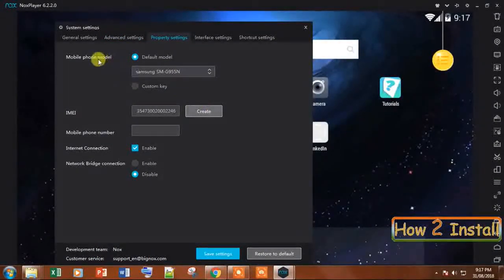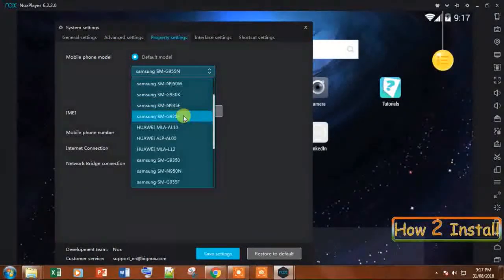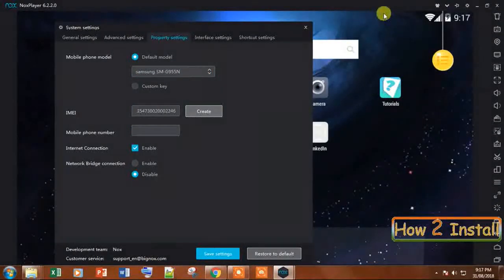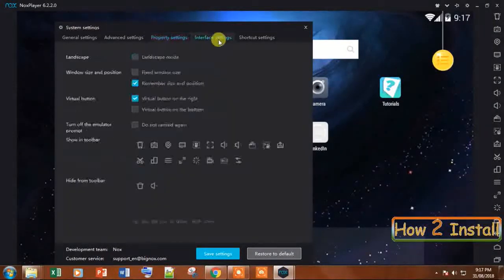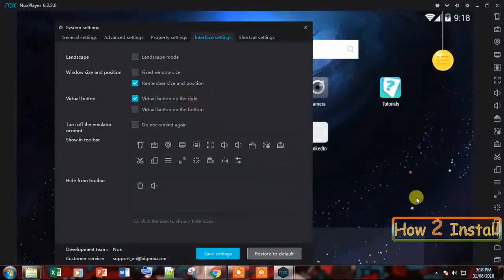Then your properties, here you can select the model which you have, that means the GUI of the phone model. Then here the interface, these are toolbox, and you can add and remove the toolbox buttons from here. Then virtual buttons on right, here you can see the buttons on right. You also can click on this and remove this, then buttons will